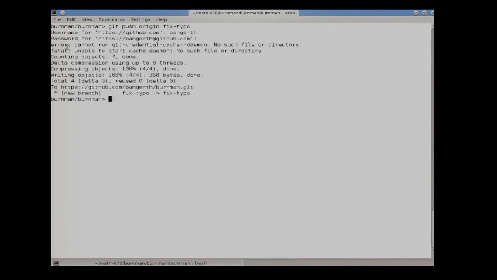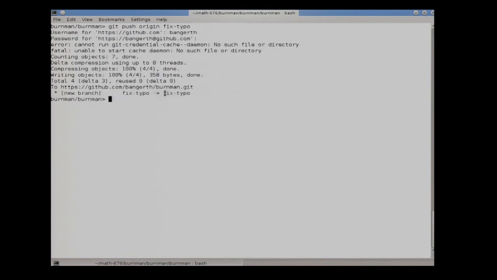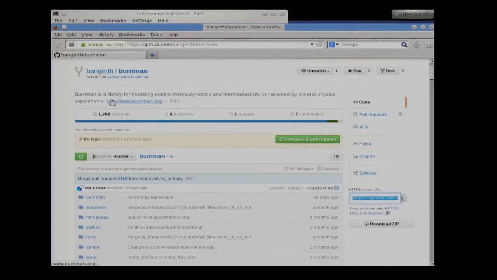Okay, so there are some warning messages, but I do believe that it actually worked. So it copied my local fixed typo branch to a fixed typo branch in this repository. That's my clone, and that branch did not exist, so it rightfully tells me that there's a new branch. And now let me go back to my web browser where I had the Burnman repository, and lo and behold,